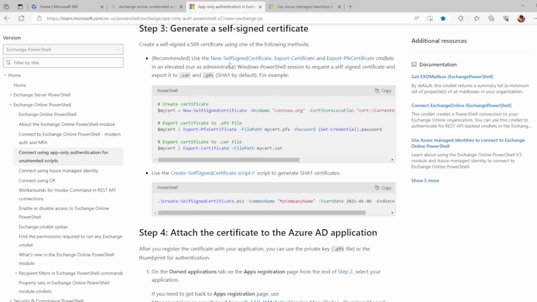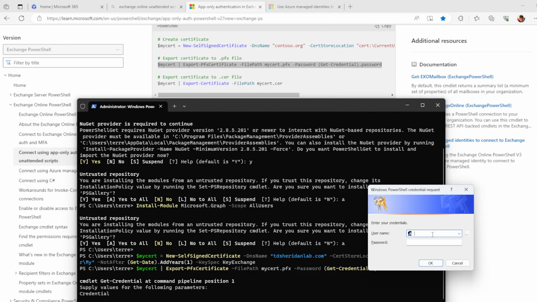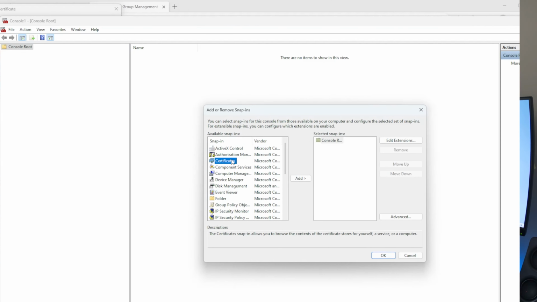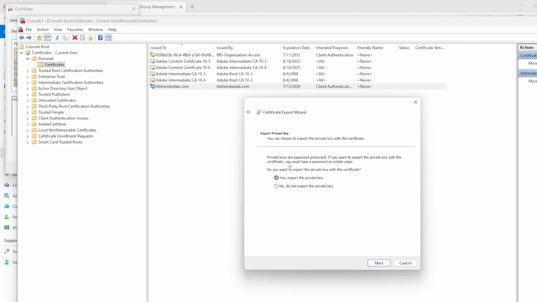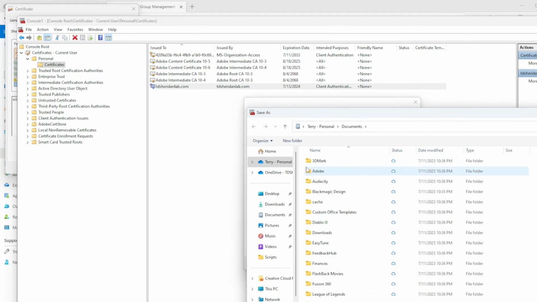As I said before, with Microsoft cutting out the fluff, they did it again to make the certificate. Assuming you are on a Windows computer, just make sure you update the Microsoft Contoso properties with your actual organization, and set a reminder to make sure you renew that certificate on a yearly basis. Now open an MMC console on your computer to export the certificate and the private key to be able to upload it into the app registration. You'll need to specify the certificate thumbprint in the connection information in the script. Lastly, after you upload the certificate,